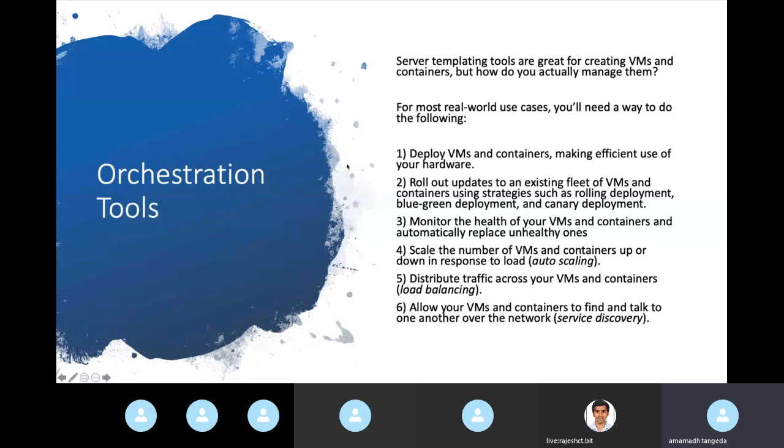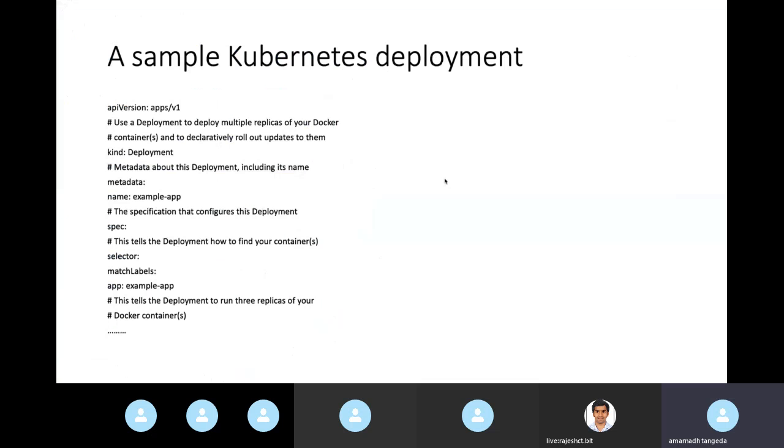So why do we need orchestration tools apart from server templating tools? I have a couple of points here. When I have a server, how exactly the scale up or scale down will happen, or how exactly the health monitoring should be done, or how exactly the load balancing should be done, these are all practical problems. All these cannot be done using server templating tools, so I have to use a different tool mechanism, which is the orchestration tool. As I said, the famous one is Kubernetes, and on the next slide I have a sample Kubernetes deployment script where I removed a couple of steps to show it.